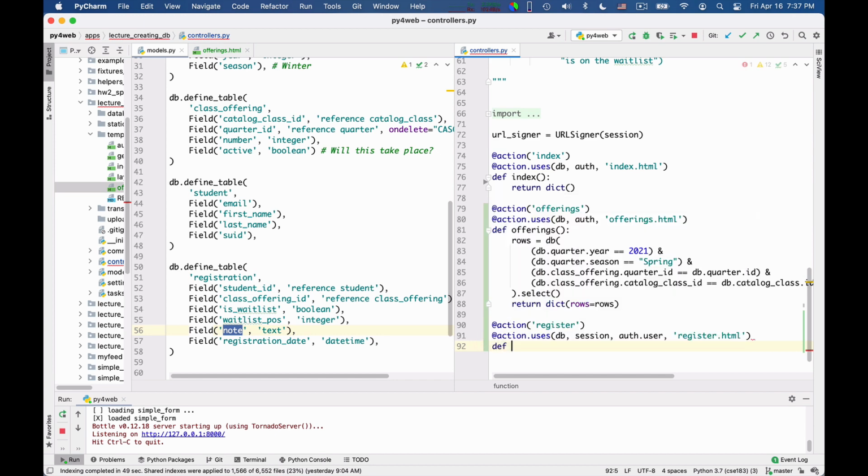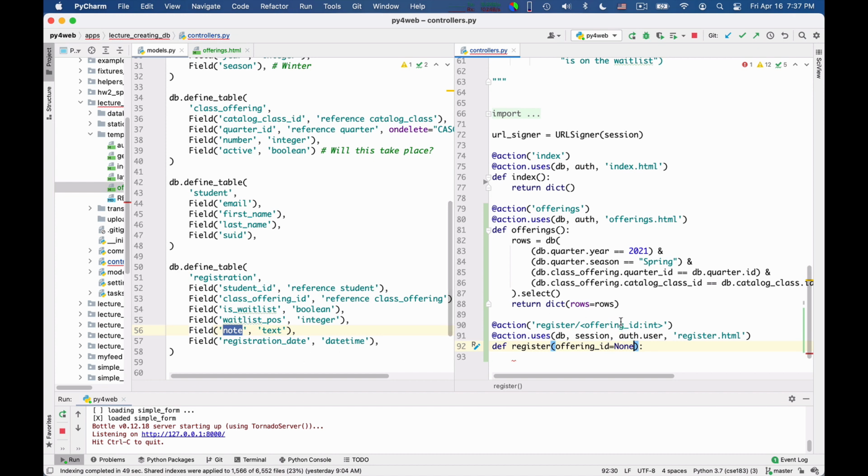So def register. And so the first thing that I need to do is that actually I'm not registering in general, right? But you're registering to a particular offering ID. So offering ID, which happens to be an integer. And the other thing is that we want a form here.